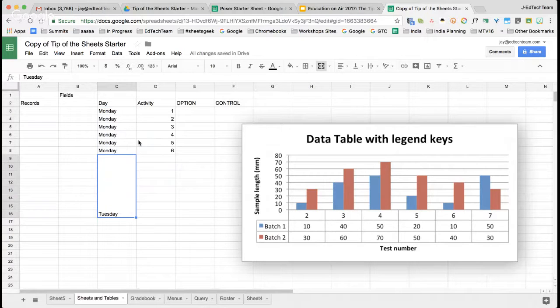Okay, so the difference was when I double clicked on it without the option, it puts the series in, and when I hold down the option and I double click, it repeats the same value over and over again. So there's a little bonus tip there for you. Make sure you try to avoid those merged cells. It might make things look nice in the end, but that's just the last part of dealing with the spreadsheets